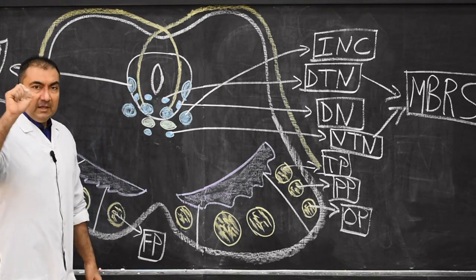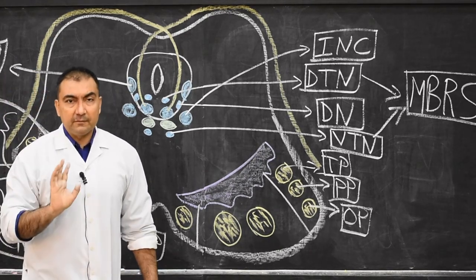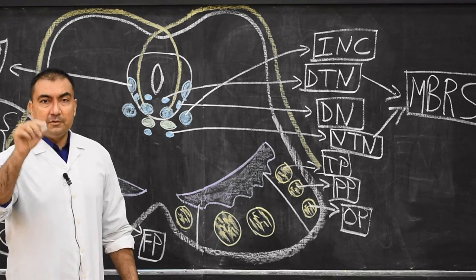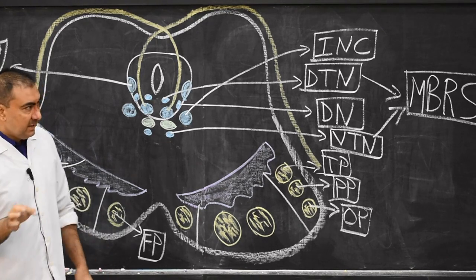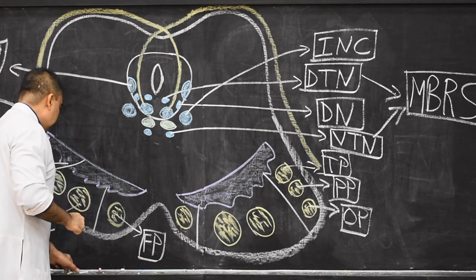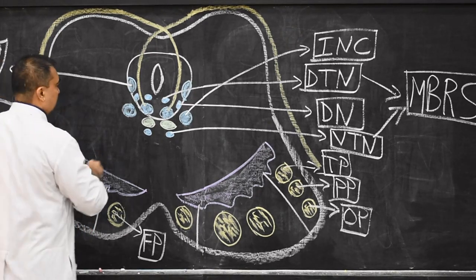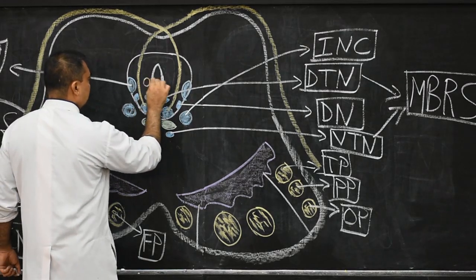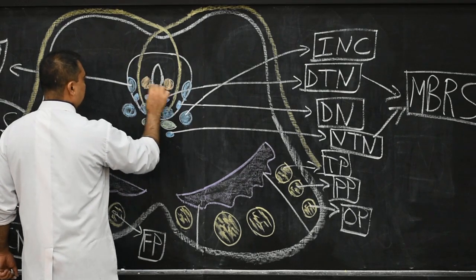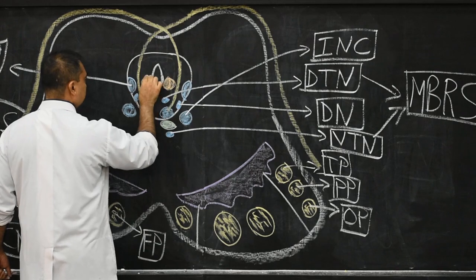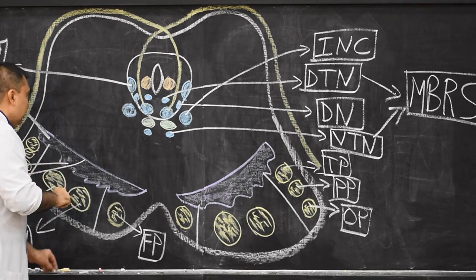Now we come to the one important longitudinal fasciculus which is always asked as a 1 mark question answer, that is dorsal longitudinal fasciculus of Schutz, S-C-H-U-T-Z, Schutz. So what is dorsal longitudinal fasciculus? Here I will use orange color, this dorsal longitudinal fasciculus I will draw here on either side of the cerebral aqueduct of midbrain. It is present on either side of cerebral aqueduct of midbrain, and this is the dorsal longitudinal fasciculus. This is very important. I will explain it too.